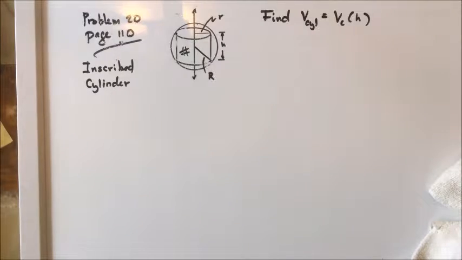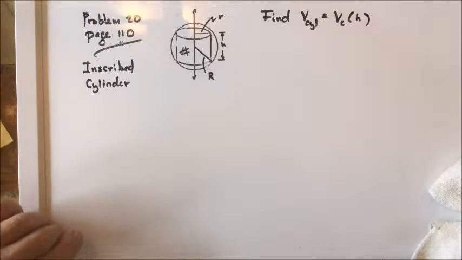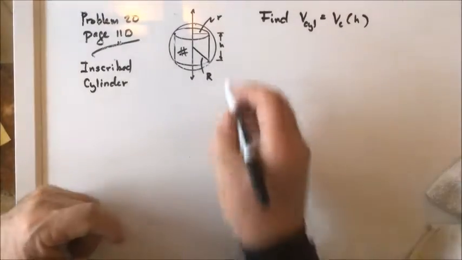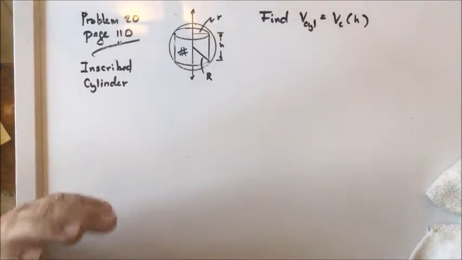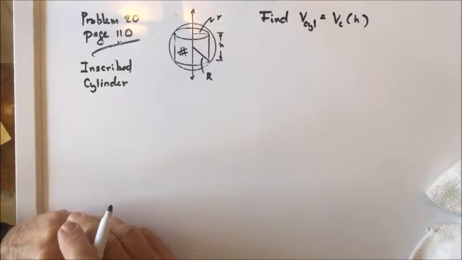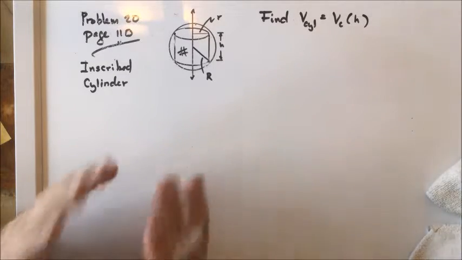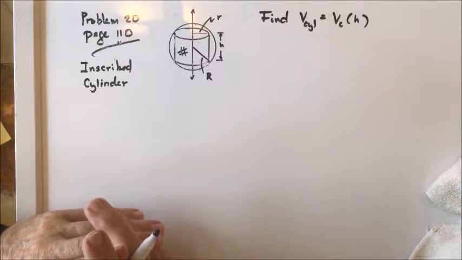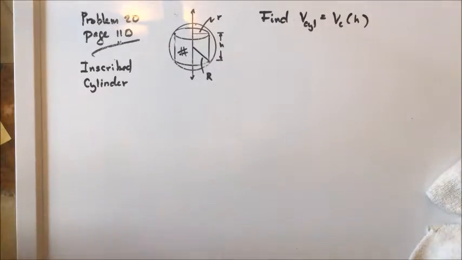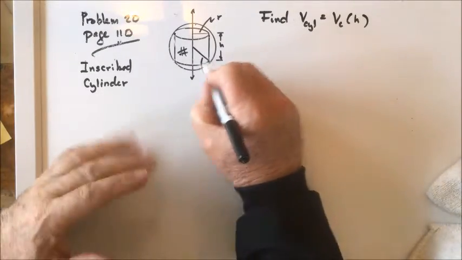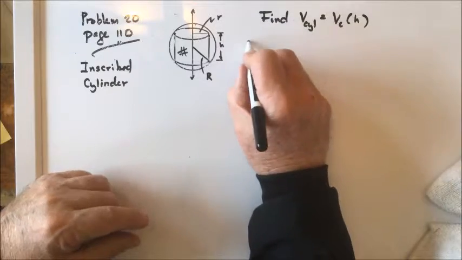Problem 20 on page 110 might look a little more complicated to you than it is. In this case, we're given a three-dimensional figure, a sphere, and inside that we've managed to inscribe a right circular cylinder. And the problem says find the volume of that right circular cylinder strictly as a function of h. So to understand what that means, if we just focus on the cylinder for a minute,